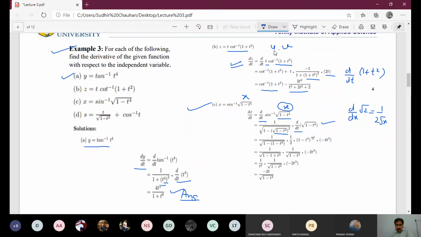So we have taken power minus 1 by 2, and then multiplied by the differential coefficient of t raised to power 4. So the differential coefficient of 1 minus t raised to power 4 is minus 4t cube. Now we can simplify it, as this power can be written in denominator form, and then it is 1 by 2, and we can cancel 2 from here, so it is minus 2t cube, and then we can simplify it. So it will be minus 2t upon under root 1 minus t raised to the power 4.